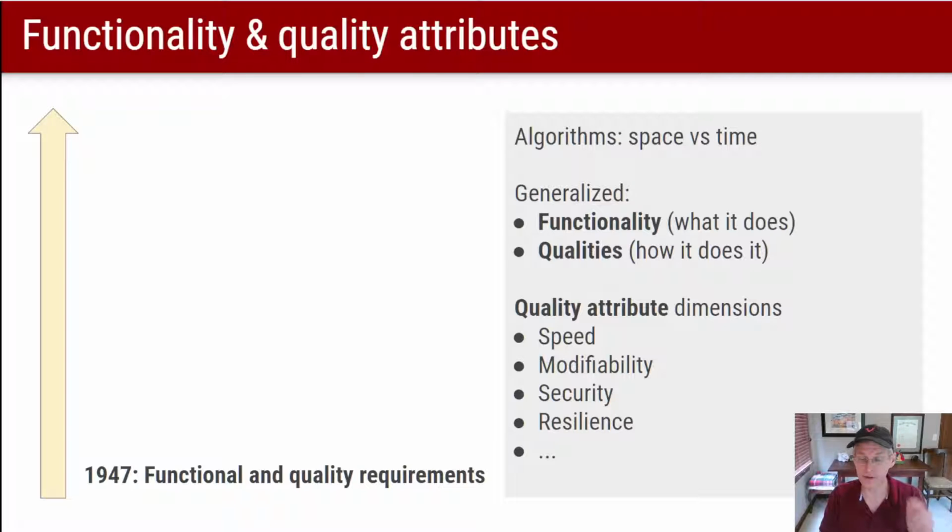Okay, and so even at that time, even though you didn't have separable compilation targets, for example, even though the code was monolithic, there was this understanding that you had to distinguish between, I have a sorting routine and I have a fast one that uses a lot of memory, or a slow one that uses not very much memory, all right? So we'd already disentangled the idea of functional requirements, sorting, from quality requirements, which is uses memory or runs faster, okay? And later on, we generalized that much better, which we could say there's quality attribute requirements like,